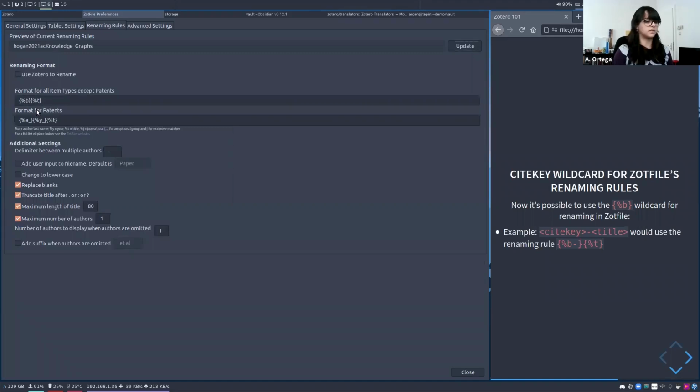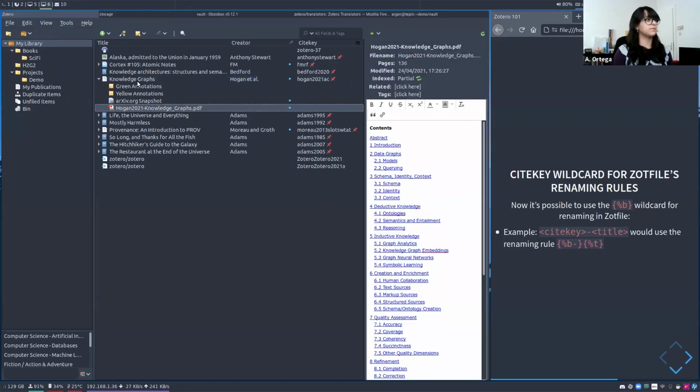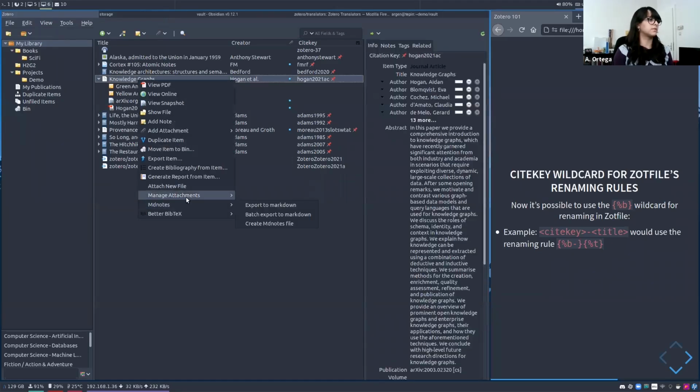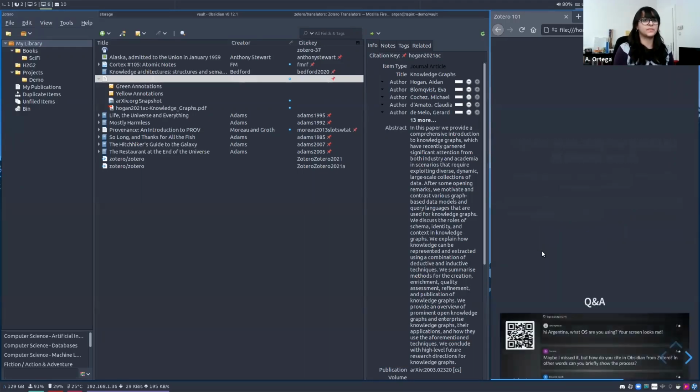So now I just need to add the dash and close, right? But this is still not renamed. So you also have to go ahead and do rename attachments. Then now it basically has prepended the cite key. That is what I use, and this is the reason also why Mdnotes has this as a preference by default. Okay,